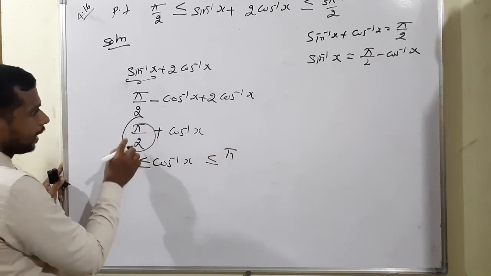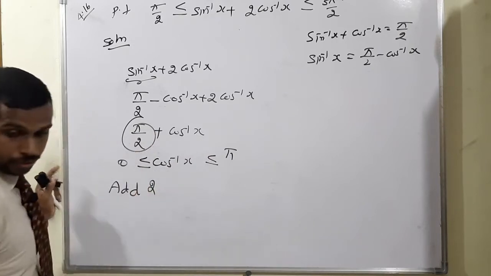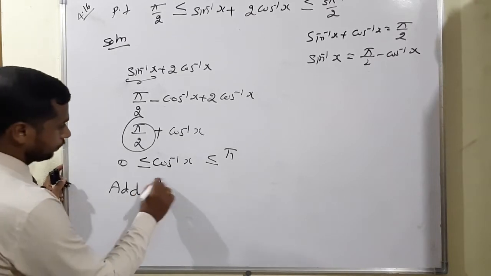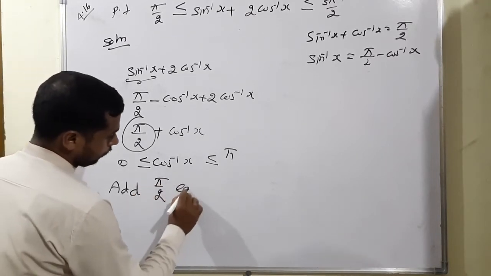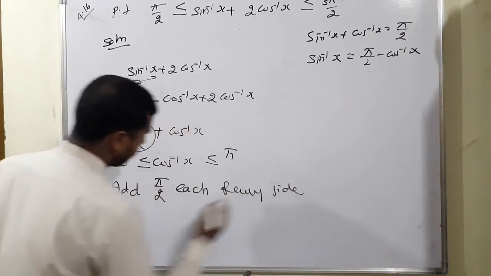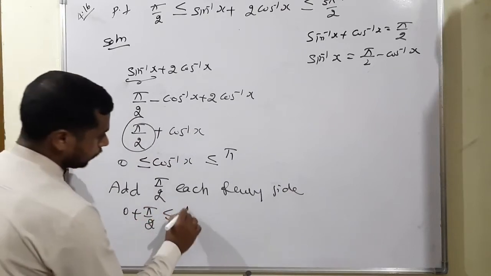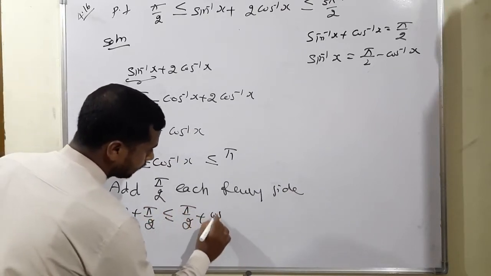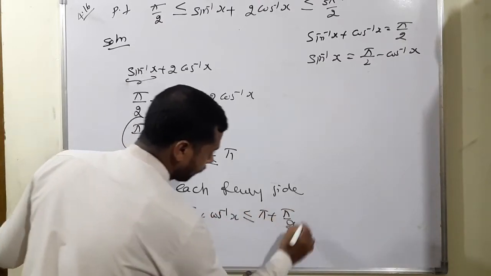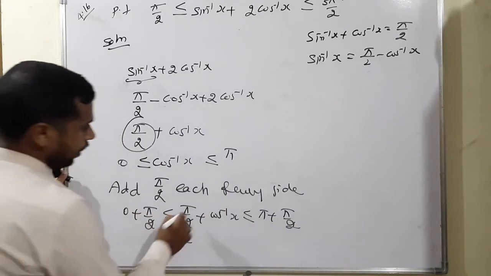According to the condition, add pi by 2 to each and every side. Sorry, my dear, add pi by 2. So what will happen? 0 plus pi by 2 is less than or equal to pi by 2 plus cos inverse x, which is less than or equal to pi plus pi by 2. So 0 plus pi by 2 means pi by 2 is less than or equal to,